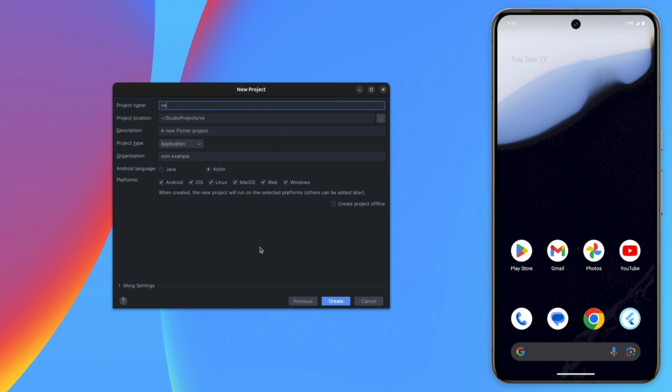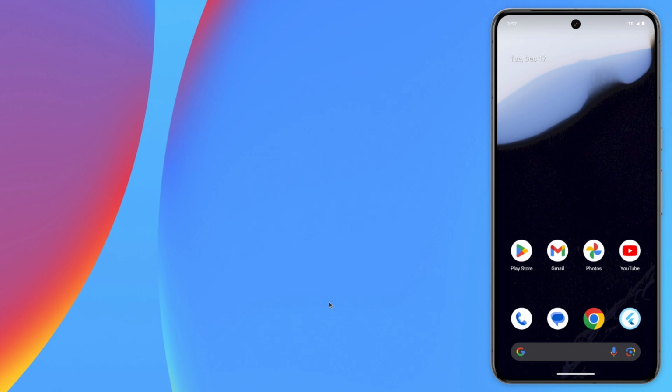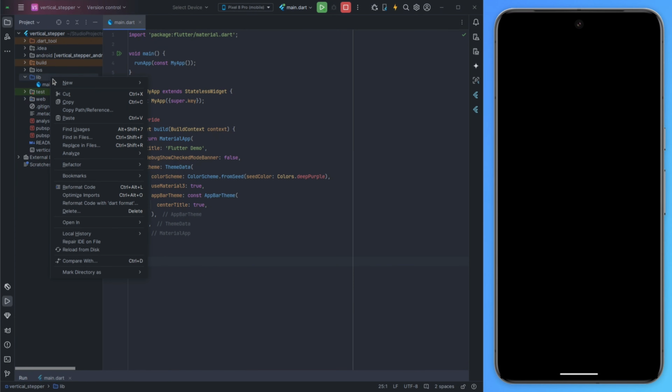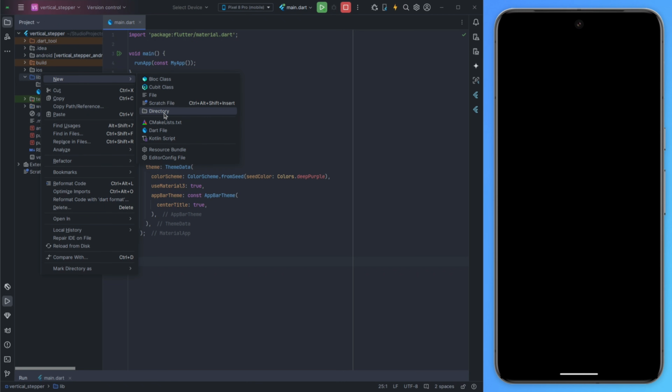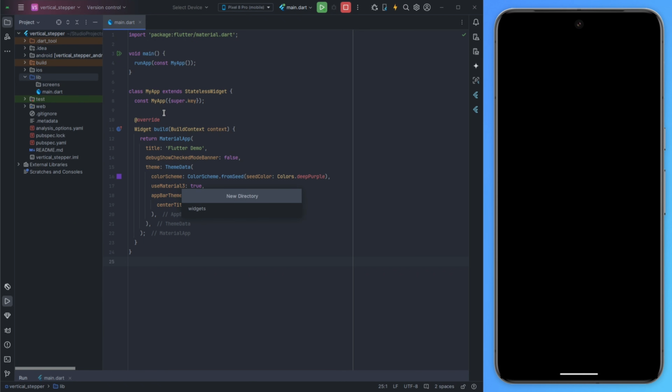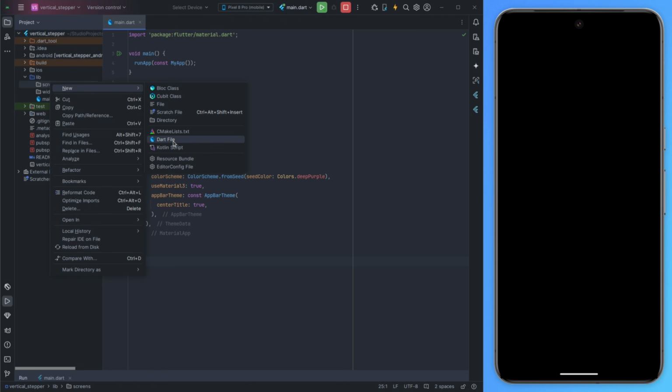First, I create a project called Vertical Stepper and specify the basic settings of the project such as project location, description, and organization. And then I create 2 folders for screens and widgets. Now I create home screen Dart file,